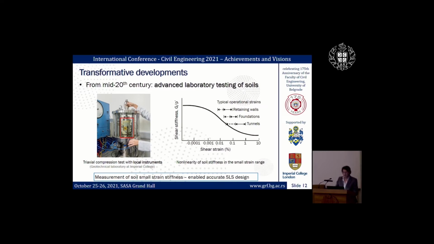These are very precise, high-resolution instruments that are measuring deformation of the soil sample itself, and